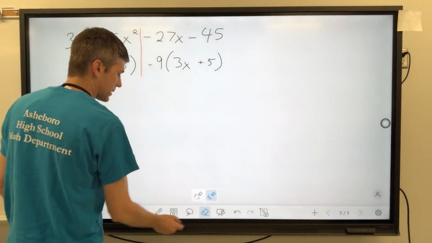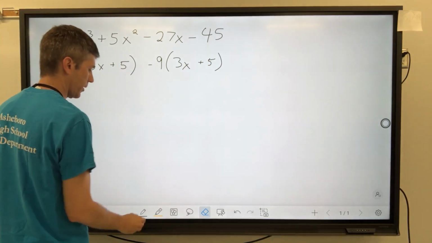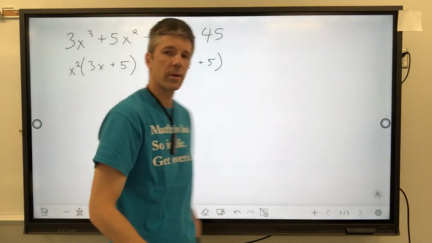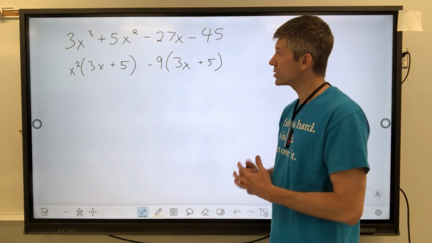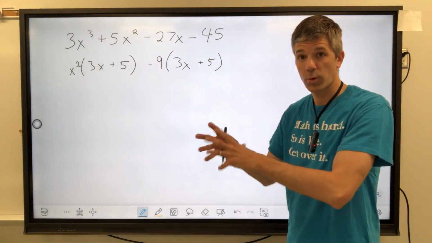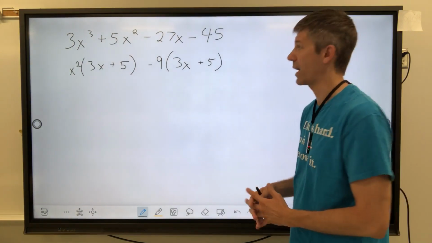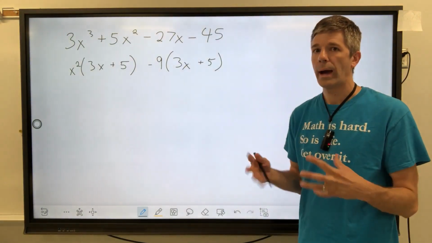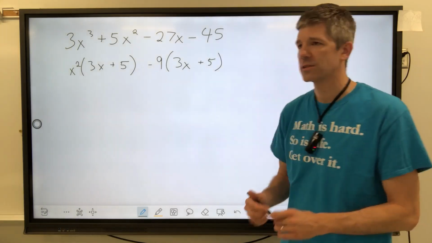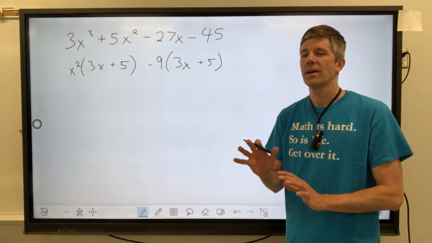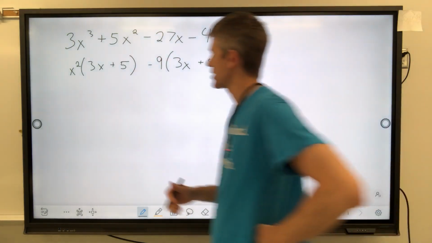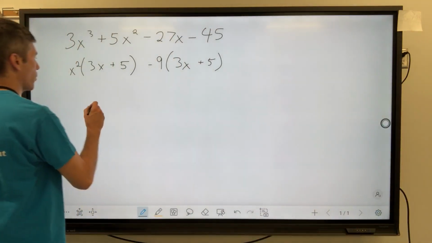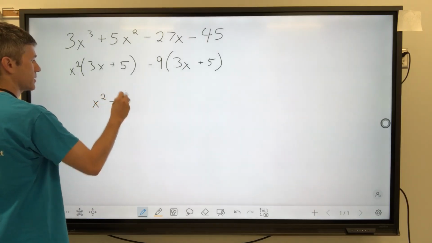So let's erase that right there. What we're going to do now is look at what we have and see what we can do from there. The way I was taught this was to rewrite it, which I'm going to show you, and then I'm going to show you why it looks the way it looks, because it took me a second when I was first shown this to realize, oh, okay, that's why it works. It was probably explained to me that way, but I was so busy trying to figure out what went where that I didn't quite